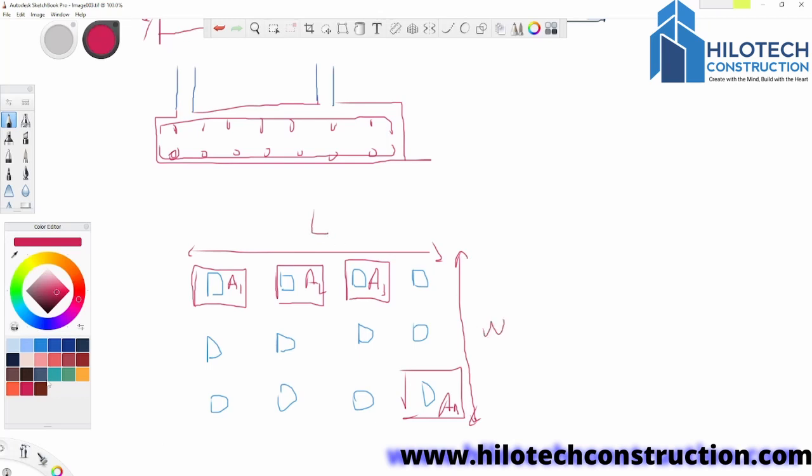So it is the length times the width. Let's say we call the surface area A. So the thing is, if A, which is the total surface area of this plot, is less than or equal to 50% of the summation of AN, then you are going to, instead of providing isolated footings for each